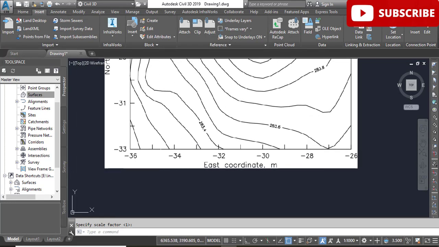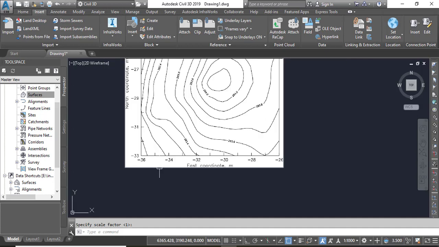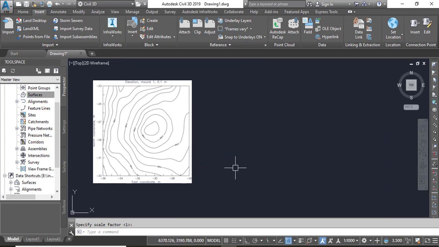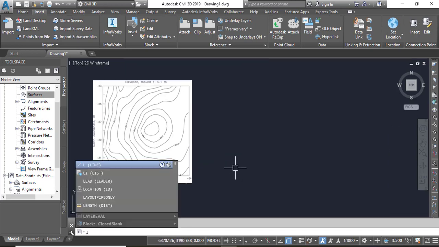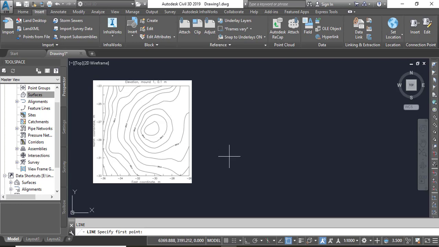So as you can see here we have a 2 meter interval between the grids. First of all you need to scale, you need to align your drawing with that scale. To align this image with the actual dimension, draw a line of 2 meters. I drew a line of 2 meters, then